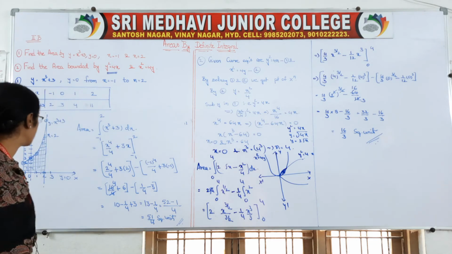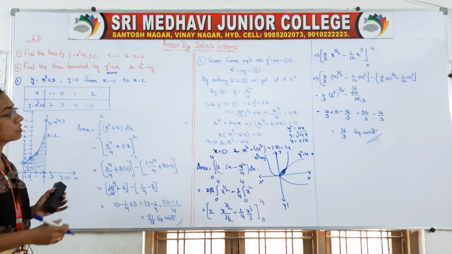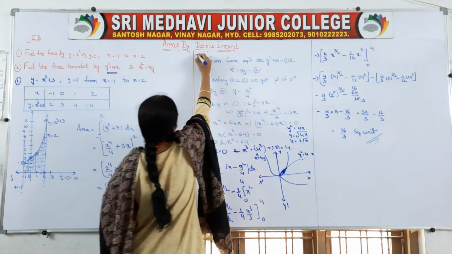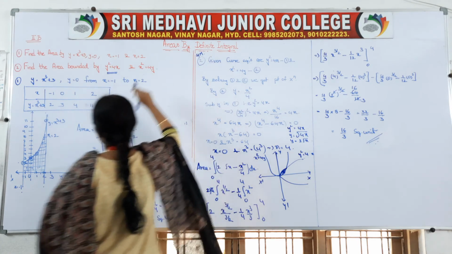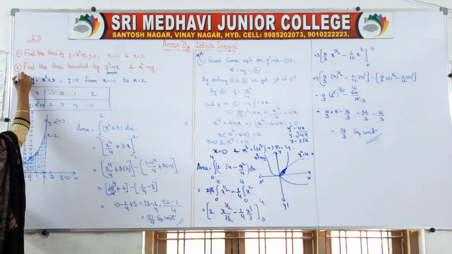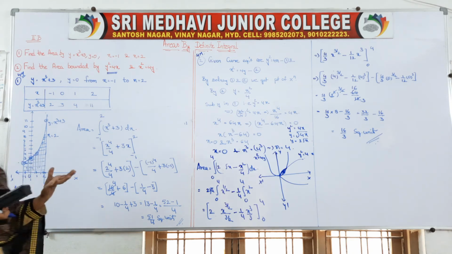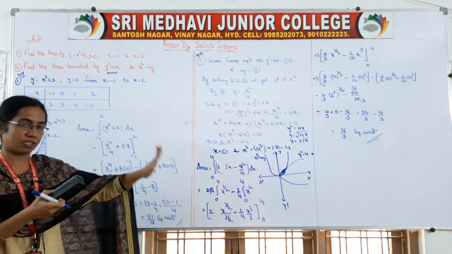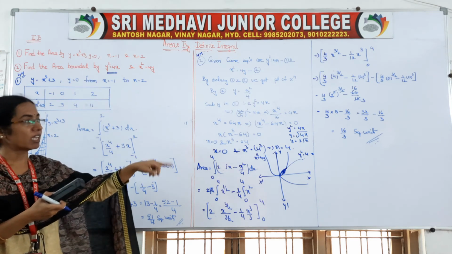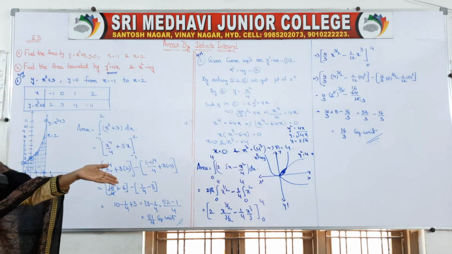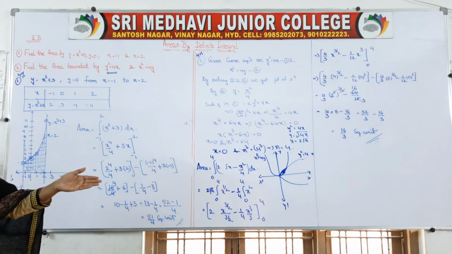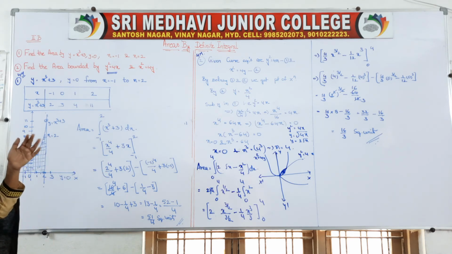Okay, so that is your question, right? This one is a 4 marks question, and this one is also a 4 marks question, not 7 marks. No table is there. Without seeing the table, we just know that y square is equal to 4x will be the curve, and x square is equal to 4y will be the curve. That's why the table is not constructed there. The only thing is we should know which curve comes upwards and which curve comes downwards.